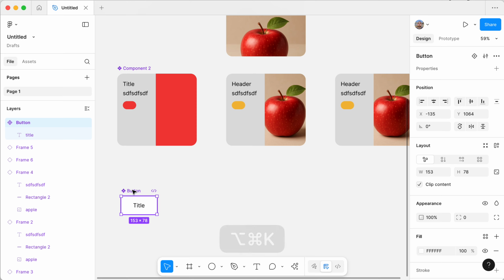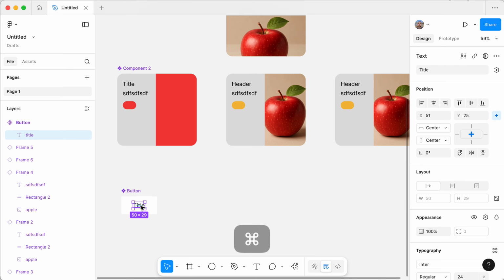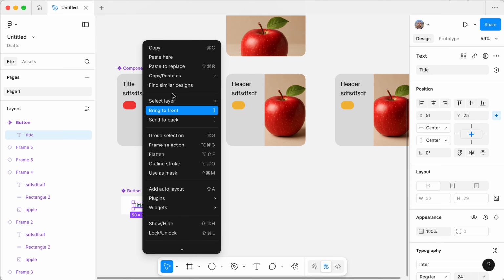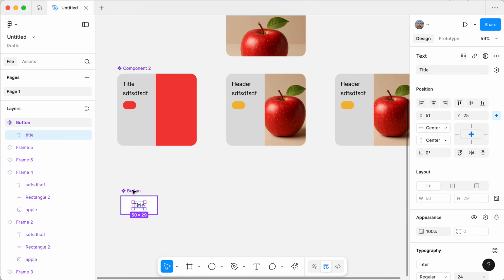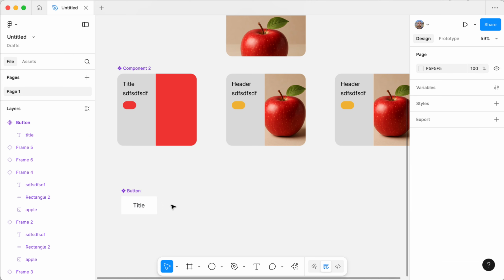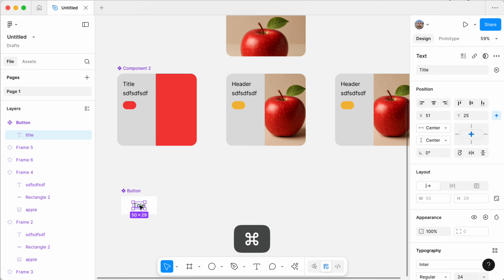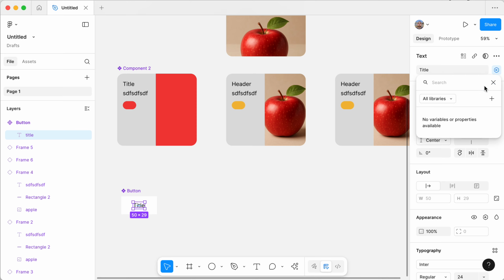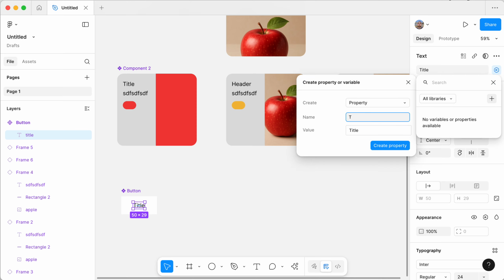I'm using shortcuts, but we are here not for shortcuts. We are here to learn how Figma works. So you'll be able to figure this out later, and all the shortcuts are everywhere. I believe in you. So let's create the same property. We create a property, title,